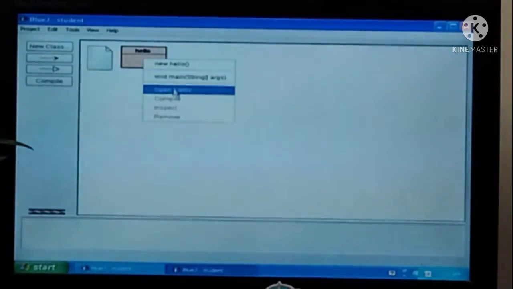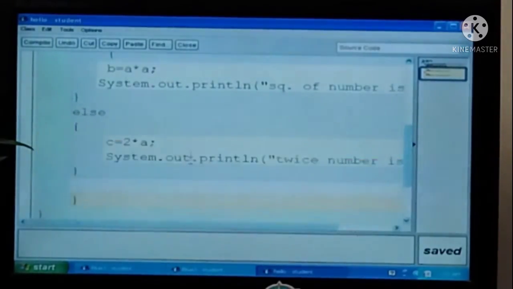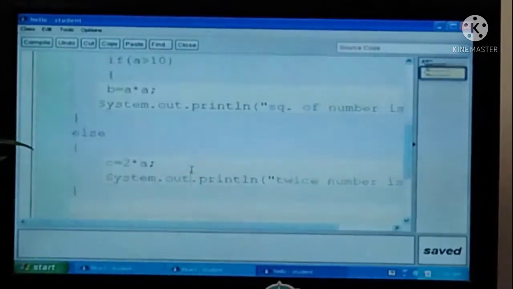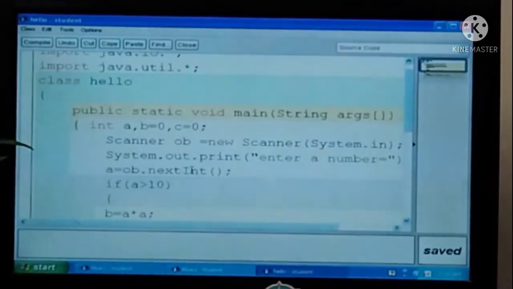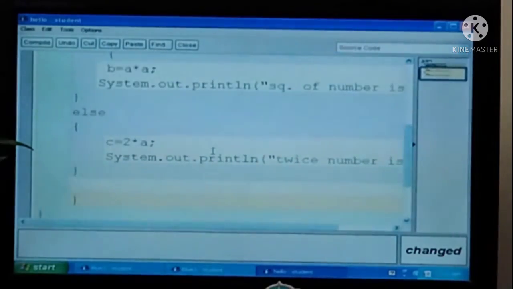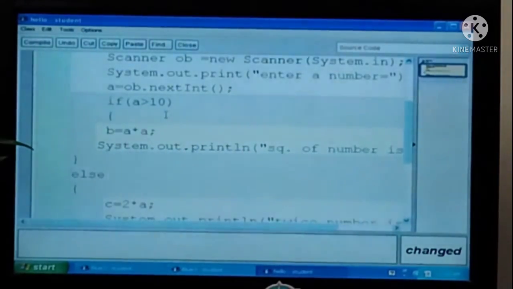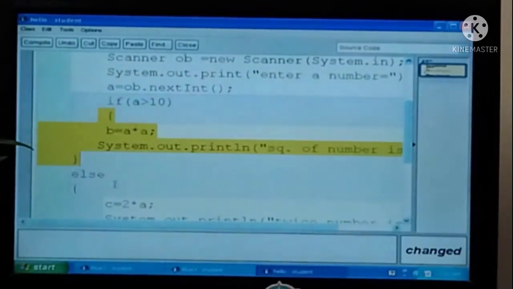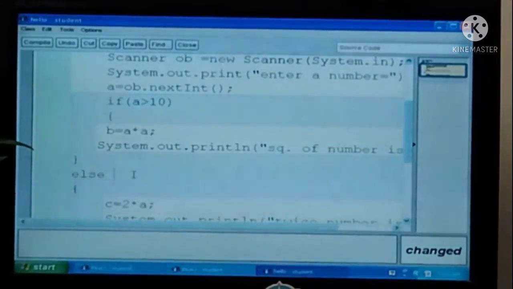Now I will make a little more change and I will show you if, else if, and else. For that I will take one additional variable d, initialized with 0. So see, if a is greater than 10, then these statements get executed. Then I will write else if, putting a space in between else and if.